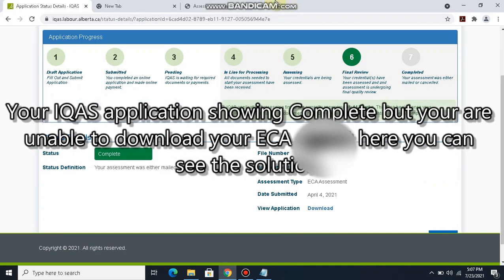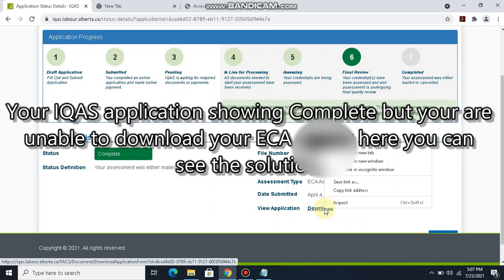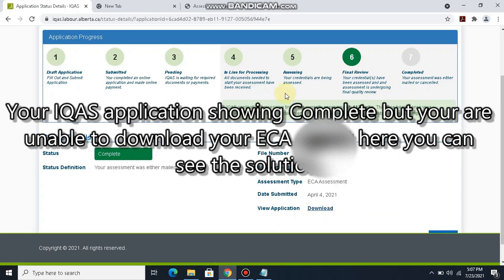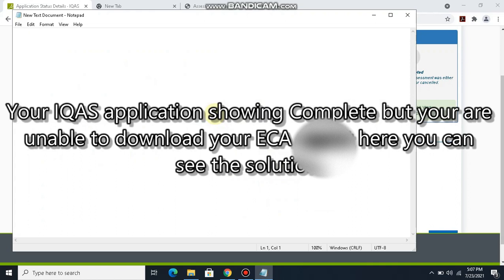Here you can see the window open, and it's showing complete here, and on number 6, final review, that means it's finalizing. And you can click on download, right click, then copy the link address. Okay, then open the notepad, paste here, and then application form, then add